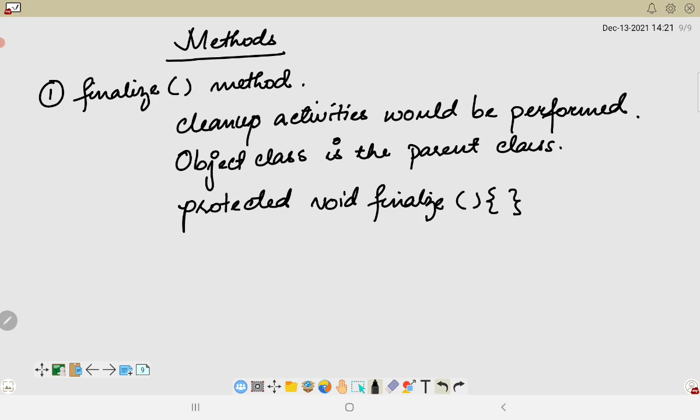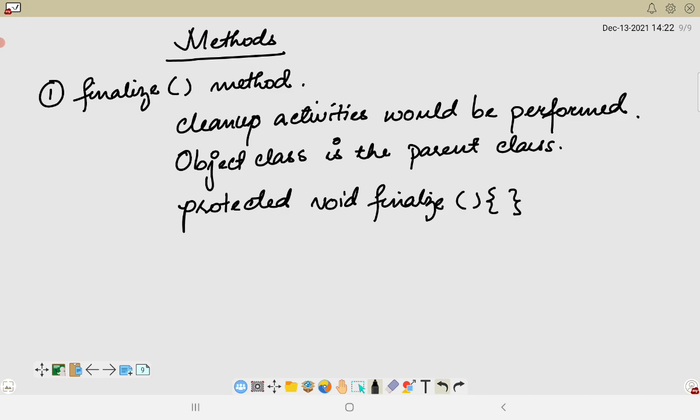The garbage collector of JVM collects only those objects which are created by the new keyword. So if we have created any object without new, we can use the finalize method to perform the cleanup processing or destroy the remaining objects. If any type of object is created without the new keyword, we can use this method in order to perform the cleanup processing, or destroying the allocated space or the allocated memory.